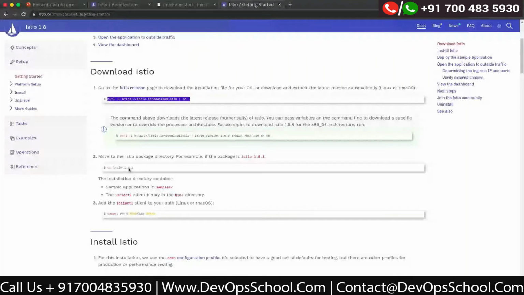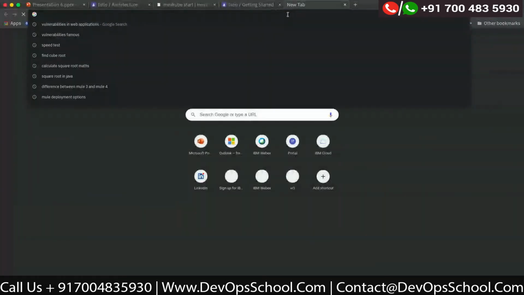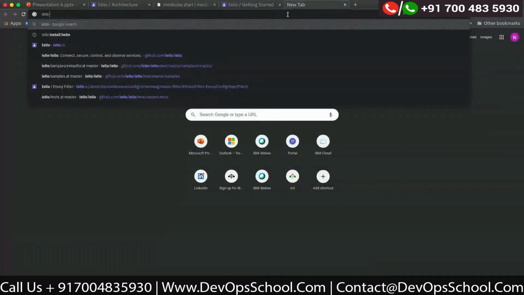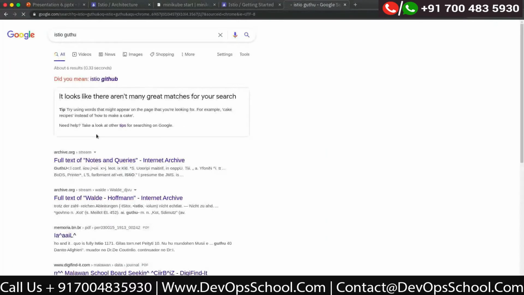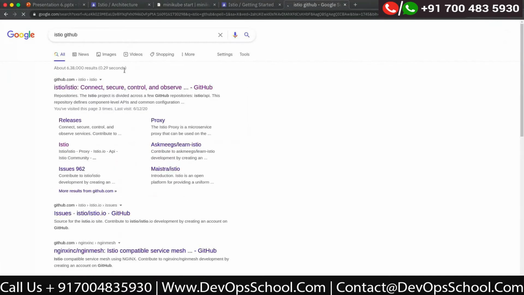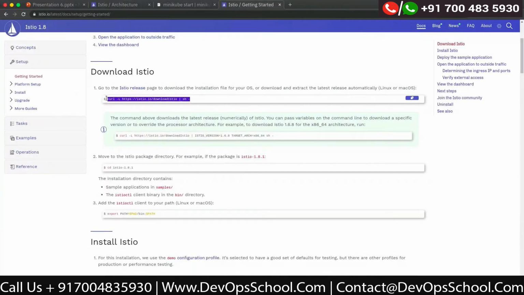Or you can go to Istio GitHub as well, from where you have the source code and everything. You can download it from there as well. But this is how, I mean, it's too simple. You just run this curl command and it will download that folder.